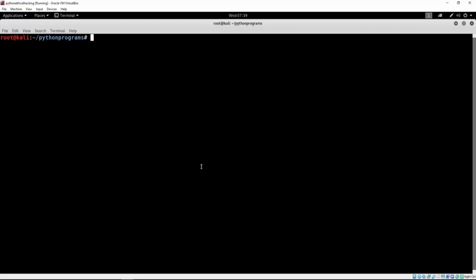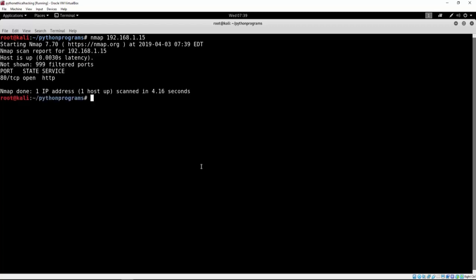Now, in order to do that simply in Kali Linux, you just type here nmap and then the IP address or the host name of the target. So if you just type nmap and then let's say we use the IP address of my laptop, which is 192.168.1.15, which I checked right now, and I try to scan it with this command, it will just scan my laptop for the open ports, and as we can see it finished relatively fast, and it found an open port which is port 80, which services the